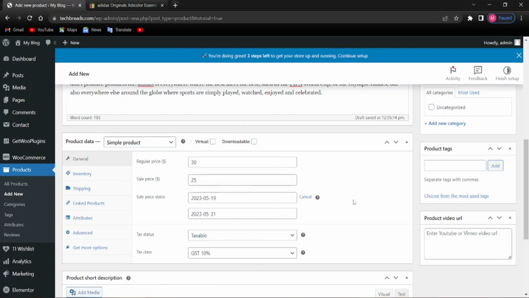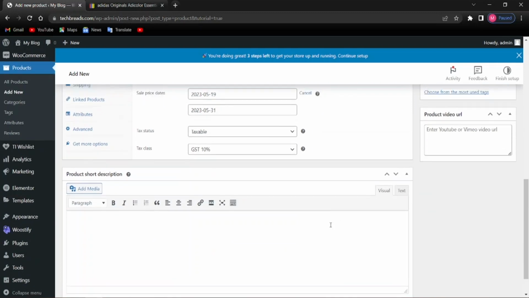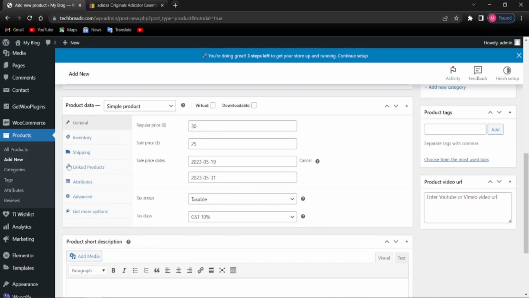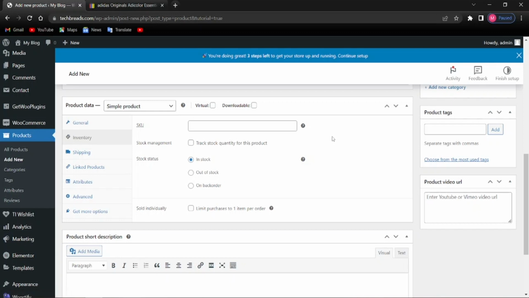All right, okay, so this is the time that it's going to take for this price to stay at this price. Okay, so once that is done, we're gonna go into the inventory then,